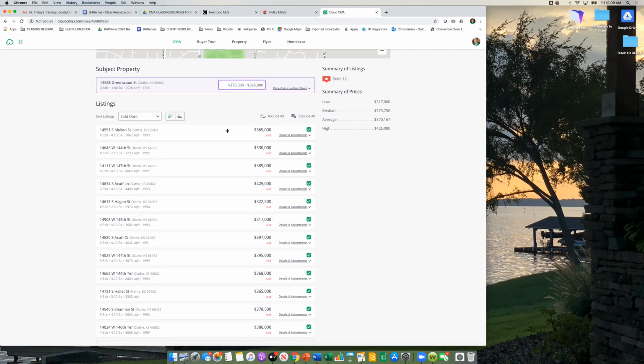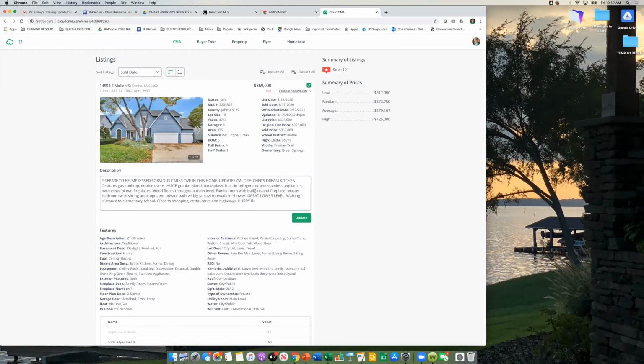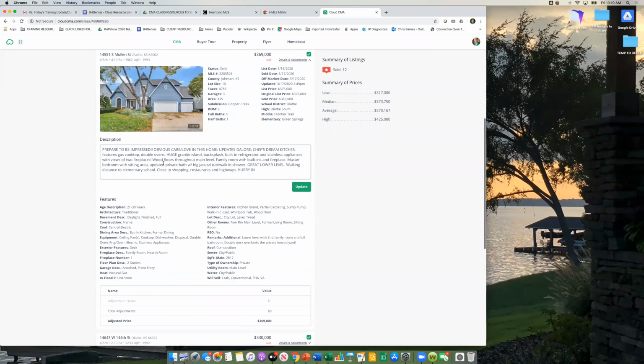If I want to make adjustments to the properties, right underneath the checkbox here, this details and adjustments opens up a preview basically of the details. This is a really cool feature. So if I want to put a note in here, these are the MLS remarks. Obviously some agents get really creative with their remarks. If I want to put my own remarks and my own notes in here about this house, I can do that. Again, I clicked right here on details and adjustments, and I can say,